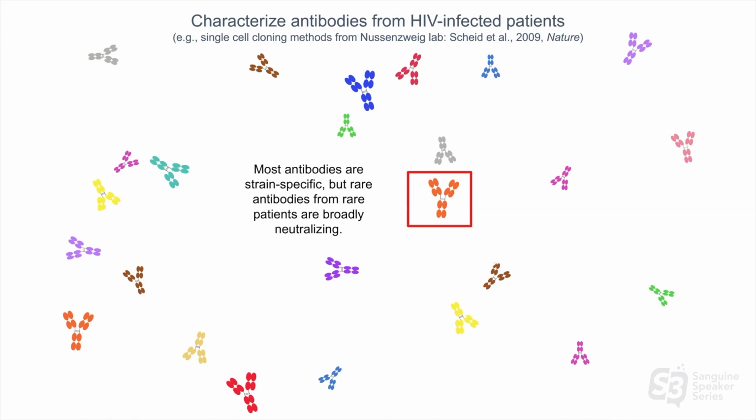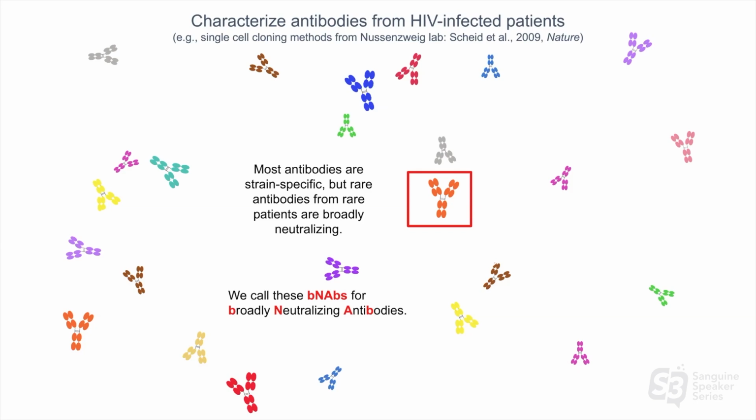But of course, if we could figure out how to raise those antibodies, those would be protective in a vaccine. So a lot of the efforts in my lab are geared towards figuring out how to raise these antibodies so that when someone is challenged during an infection, the infection couldn't take hold. Okay, so we call these bNAbs, for broadly neutralizing antibodies. Okay, so that's all I'm going to say about HIV, but I'm happy to